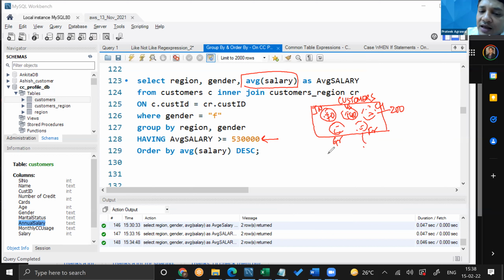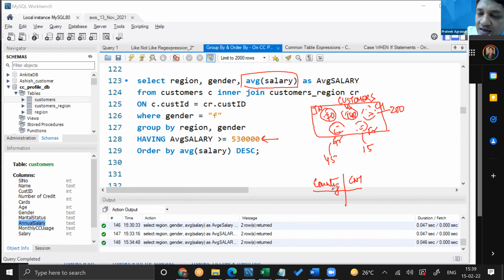I get the point. Now, you say that first I want to find out how many customers are there in each country. So you'll have a country column and then a count column. Then you say, I only want to see those countries where there are at least 50 customers.